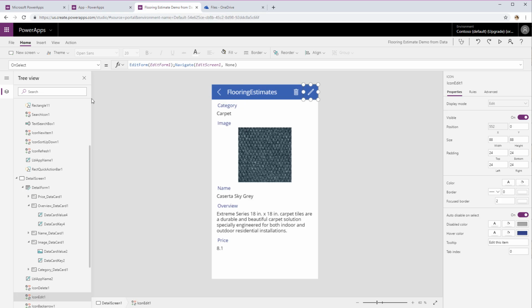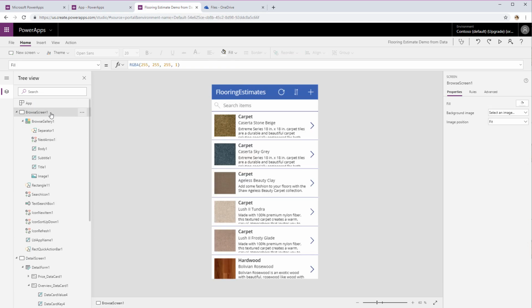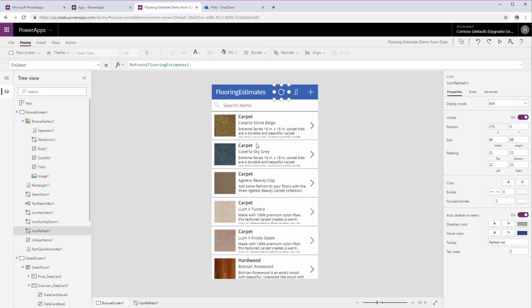All right, and so then I think last but not least, let's look at the home screen here. So up here, they also have a button for refreshing the data source. So pretty straightforward. You can go explore how that works. This button I told you was part of that search solution that I'm leaving you on your own to break down and figure out, right? And then last but not least is the OnSelect for the new form